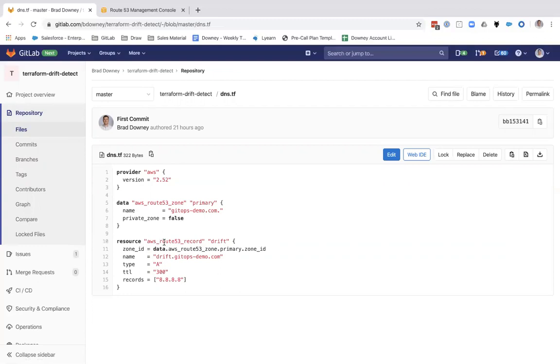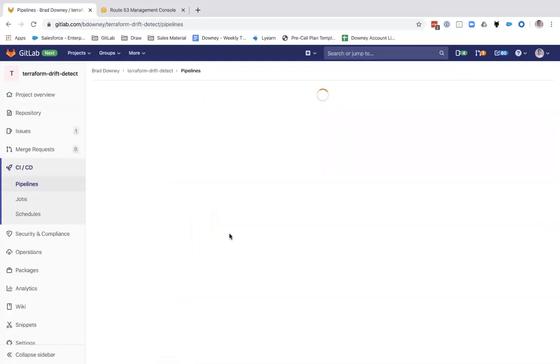I'm using a very simple example here with AWS Route 53 DNS service. I've got an entry called drift.getupsdemo.com, an A record with 8.8.8.8 as the value. So this is what my infrastructure should look like, and I'm going to run that and make sure that everything